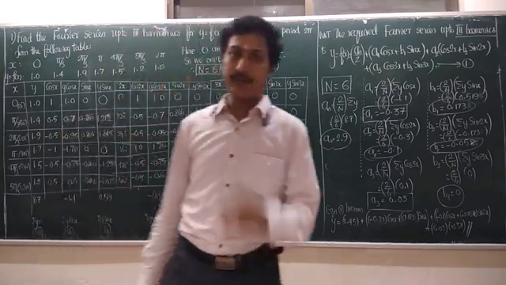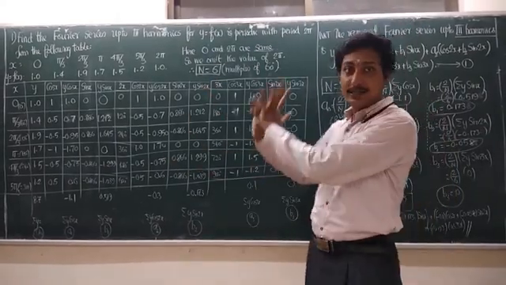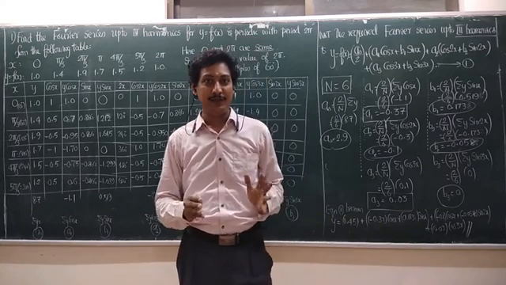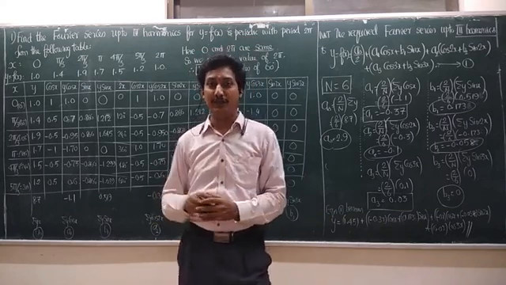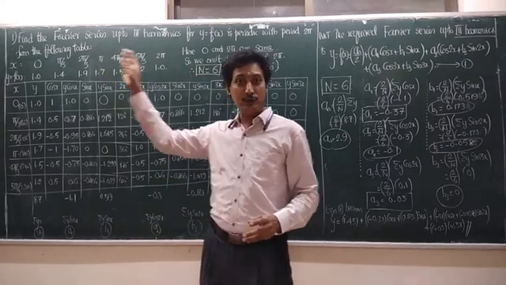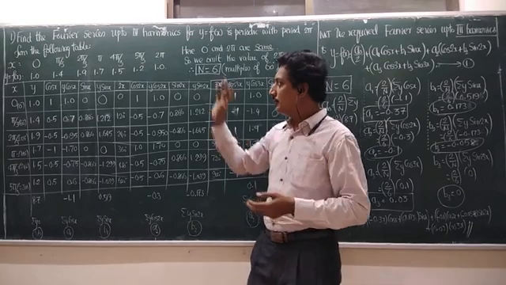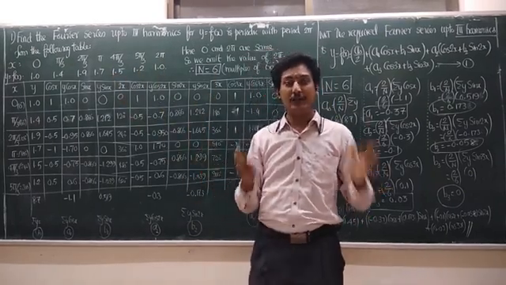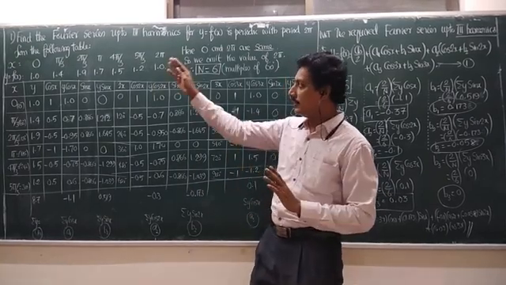This is the first problem under harmonic analysis. I've seen the numbers only. So what is meant by harmonic analysis? This is a procedure for finding the Fourier series from the given numerical values. So a calculator is a must. So how to get the Fourier series expansion from the given numerical values? Let us see question number 1.